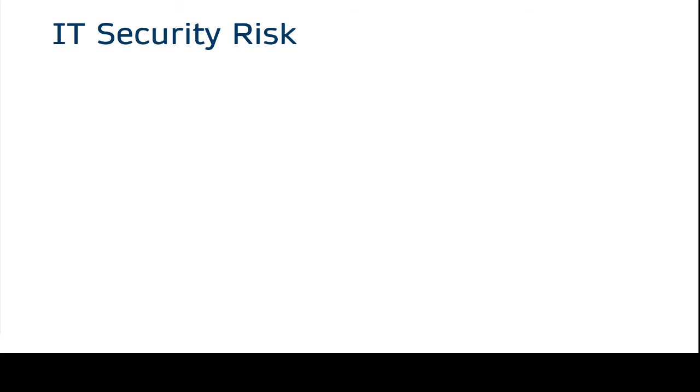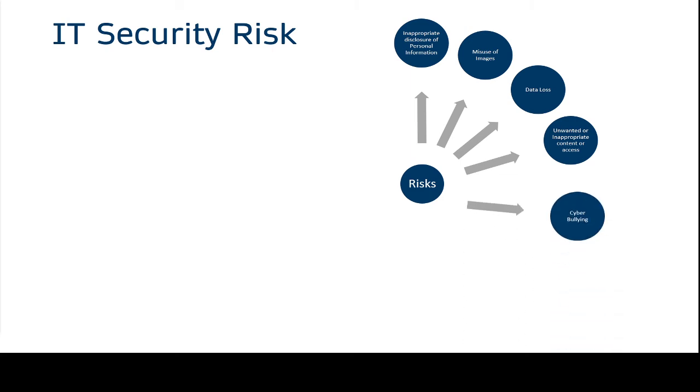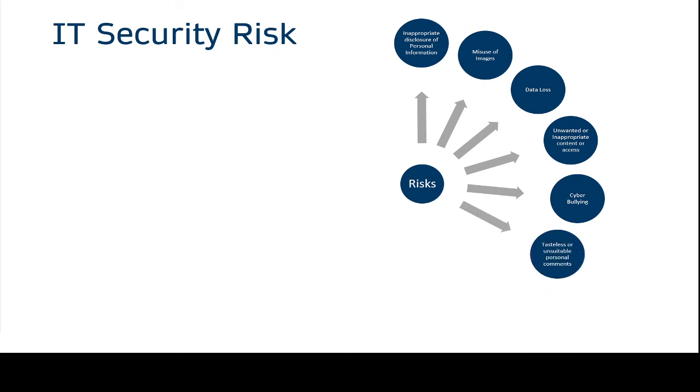IT security risks. So what are the main risks to IT security? We'll go through them. You could have inappropriate disclosure of personal information, misuse of images, data loss where data has been deleted or the hardware has been lost and you can't get that information anymore, unwanted or inappropriate content or access, cyberbullying, tasteless or unsuitable personal comments put on maybe Teams or in a work chat, offensive or illegal content,